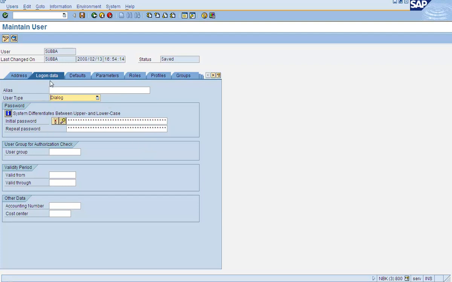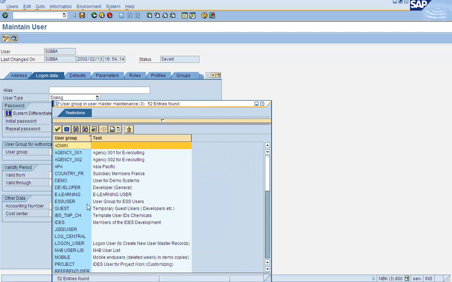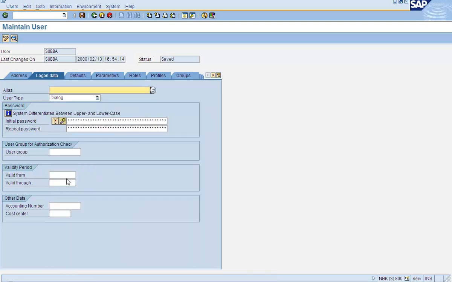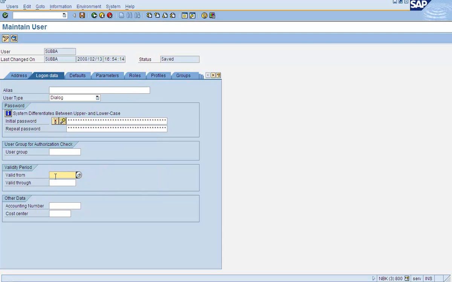Wherever you see, for example, defaults or log on data, this icon means you have values that you can select. Same thing for date, I can select the date here, or you can enter it manually if you want to. So this is a drop down and this is a pull down. Remember that.